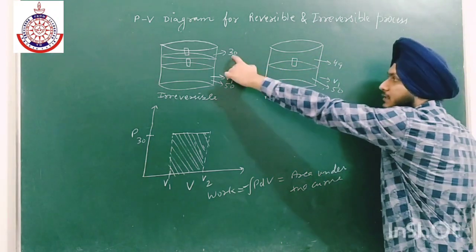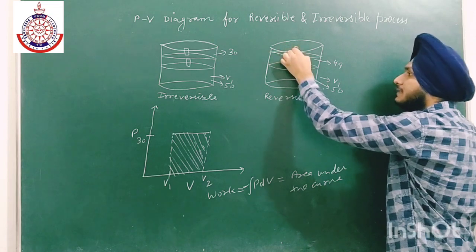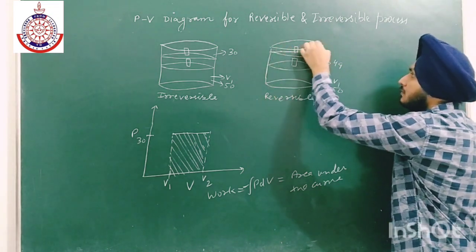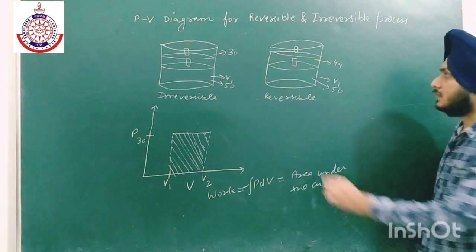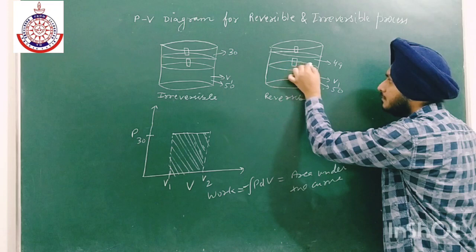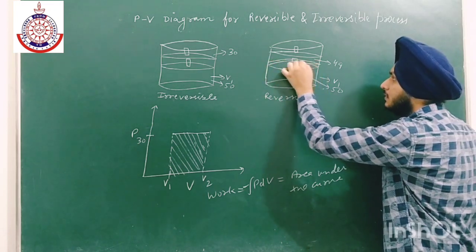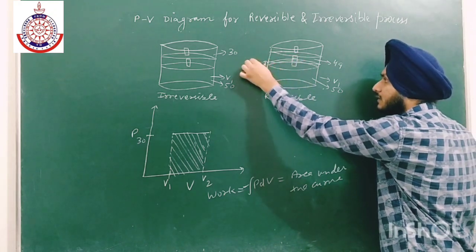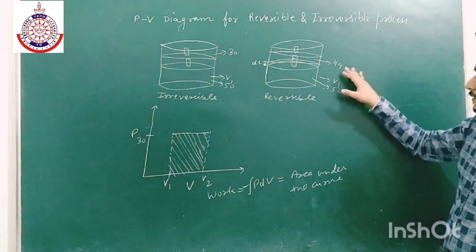We have to expand it up to 30, but now the external pressure is 49, so the piston will expand like this only, up to this, the DL. The displacement is so small because there is